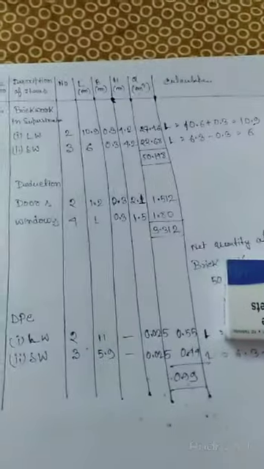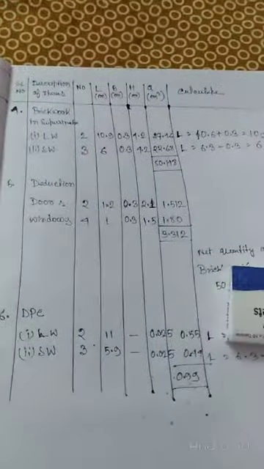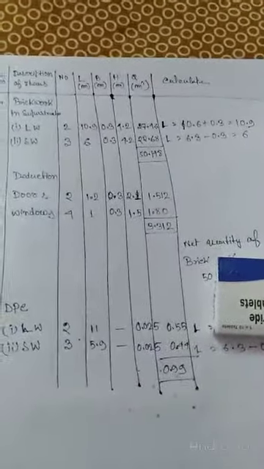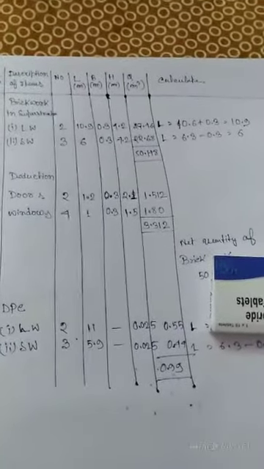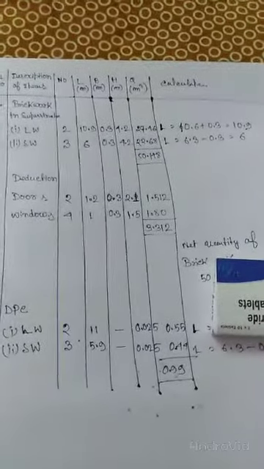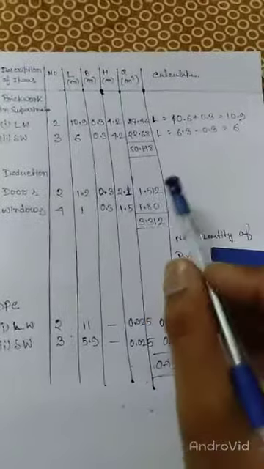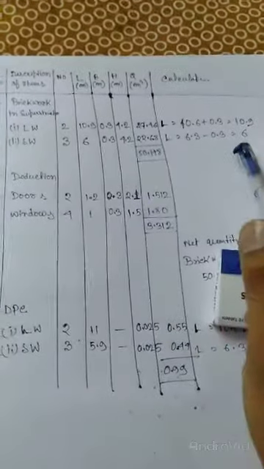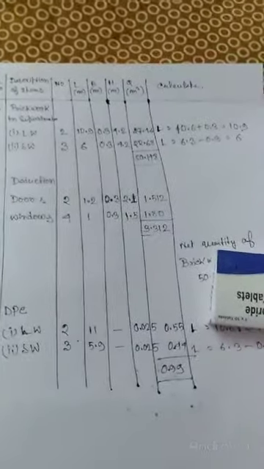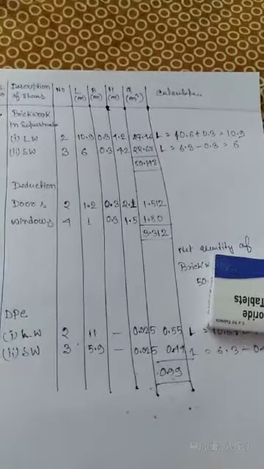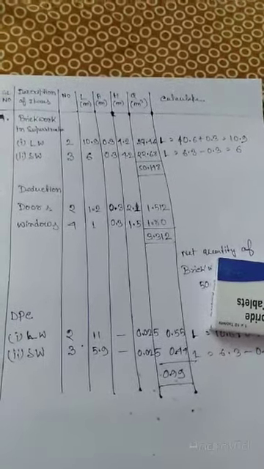Okay, so for determining the length of the short wall, again you have to subtract the width of the wall from the center to center distance of the short wall. So it will become 6.3 minus 0.3, it will become 6. And we have long walls and short walls, so 2 long walls and 3 short walls.